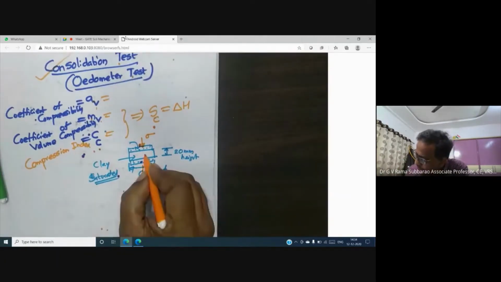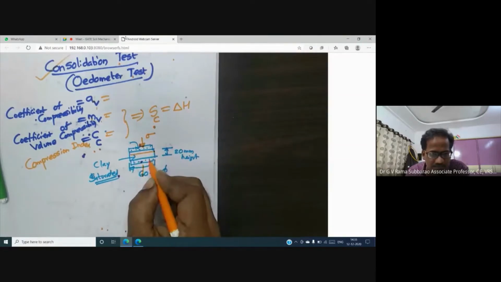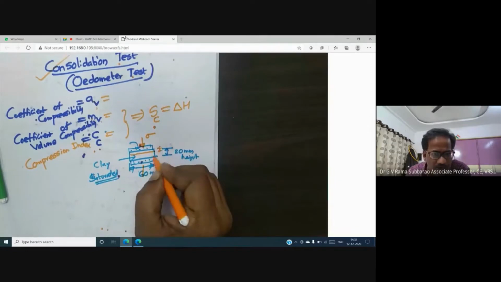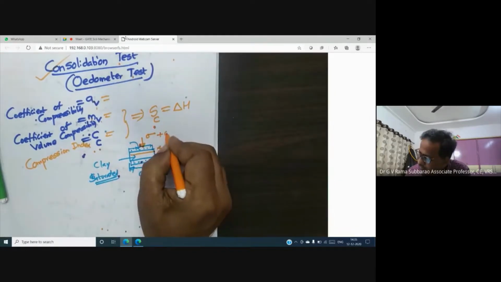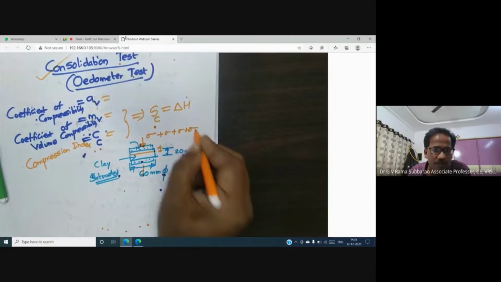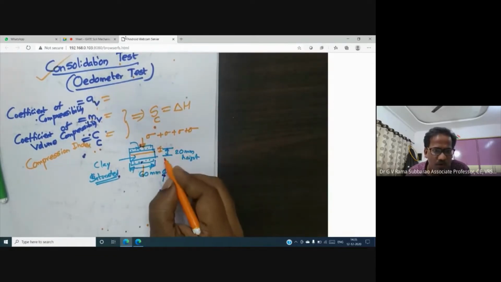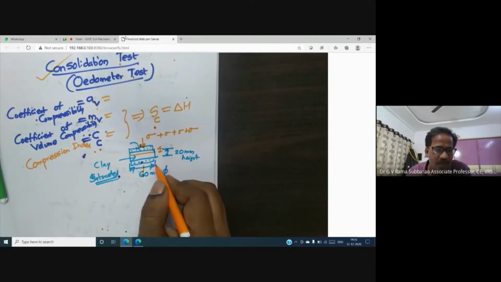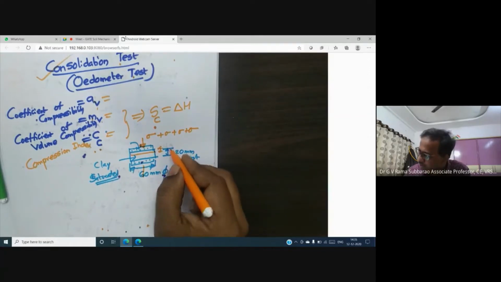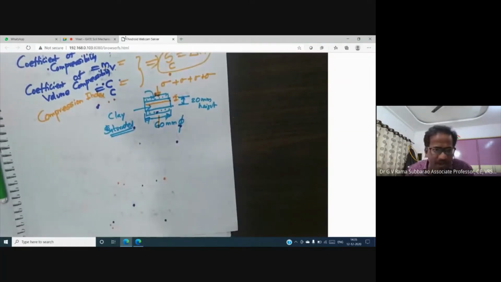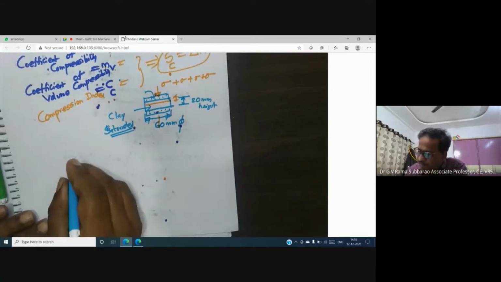There is a reduction in thickness. The thickness of the specimen keeps on reducing with increasing stresses. With increase in stress, there is a reduction in volume of the saturated clay. Ultimately, what we can understand is that the change in thickness is nothing but consolidation settlement. So now in each stage, what I can understand is